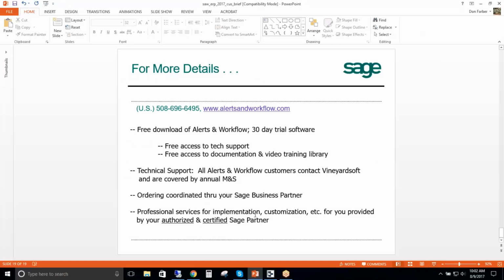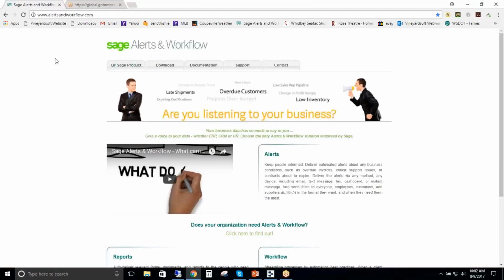Now I do want to finish by taking you out to the Sage Alerts and Workflow website, because I would like to draw your attention to one item in the middle of this page. You can see some text that reads, does your organization need alerts and workflow? Click here to find out. This will bring you to an automated alerts and workflow needs assessment. This will walk you through a series of questions about your current Sage 300 installation,